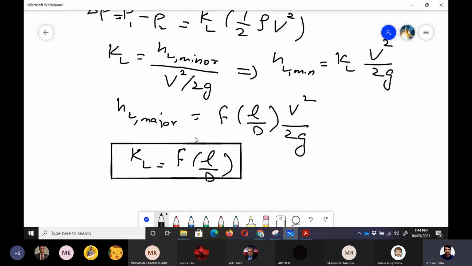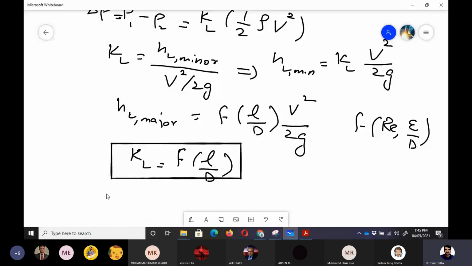L is the length of the pipe through which we are conducting the experiment, and D is the diameter of the pipe. Right. So that is the minor loss, or we call it the loss coefficient. As we determined for turbulent flow, f was a function of Reynolds number and relative roughness. Similarly, for the loss coefficient, KL is a function of Reynolds number.